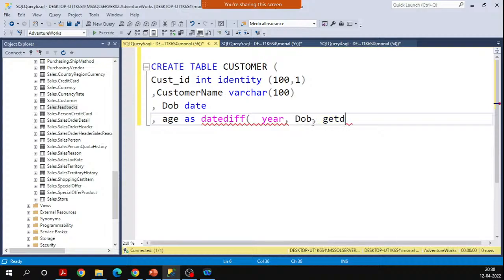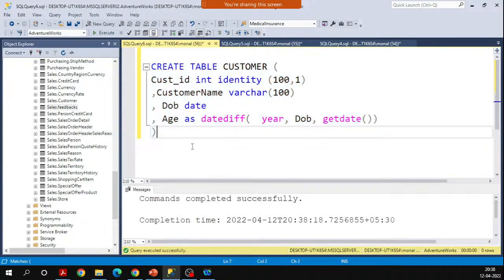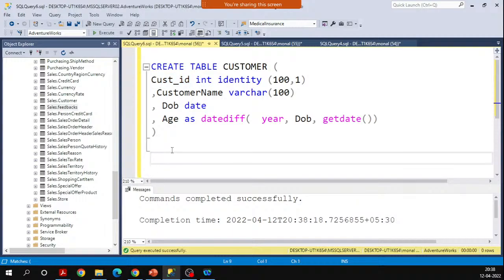how it works. As I mentioned earlier, this GETDATE will give you today's date. So I am calculating. I have created one field called age, which is a computed column. Now I will create a table. So I have created a table. There is no need to put a value into this cust id column. So what I will do, I will insert a few values into this customer table, and then